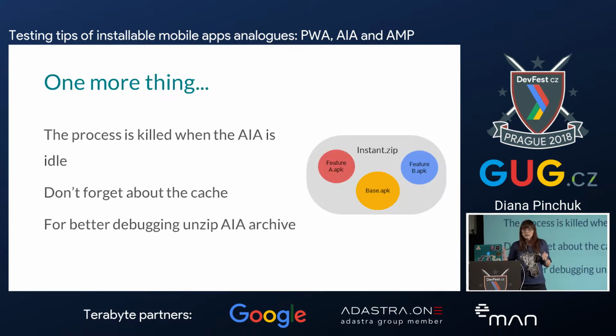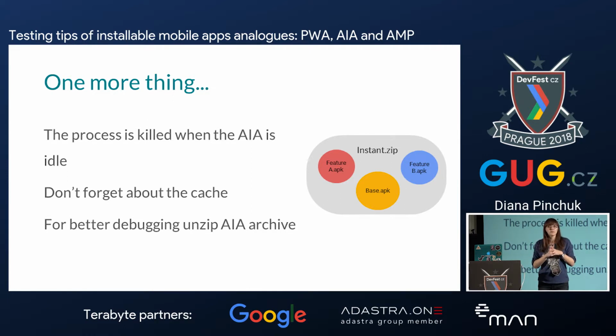And the last thing about testing Android Instant Apps: when the user sends the application to the background, all the memory and the processes are killed. So relaunch will just create a new instant app. You also need to check the cache and data clearing, because different versions of the Android Instant App could be available in Google Play Console. And if you're a tester, you need to make sure that you're testing the latest one.